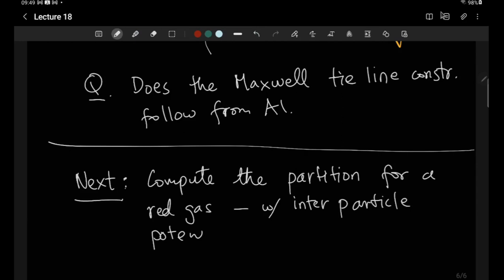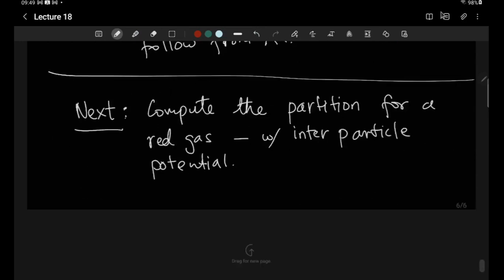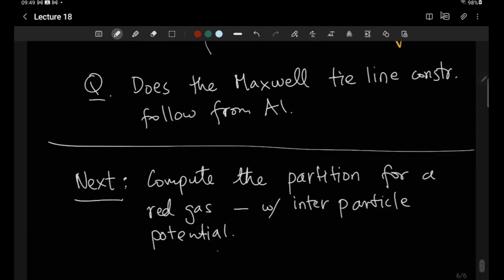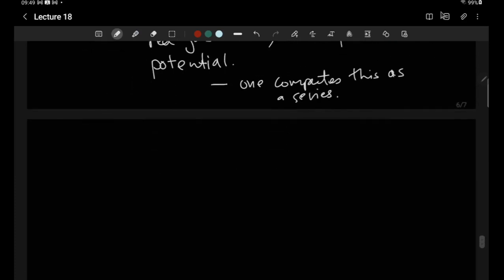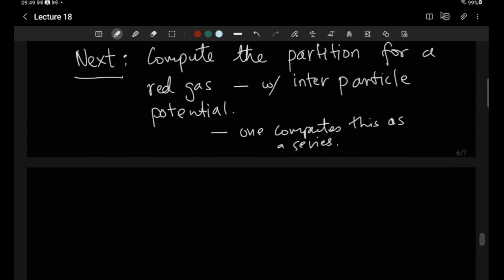Of course, this is not done exactly. There's an expansion. One computes this as a series, and we will look at the first non-trivial correction. And then connect this computation